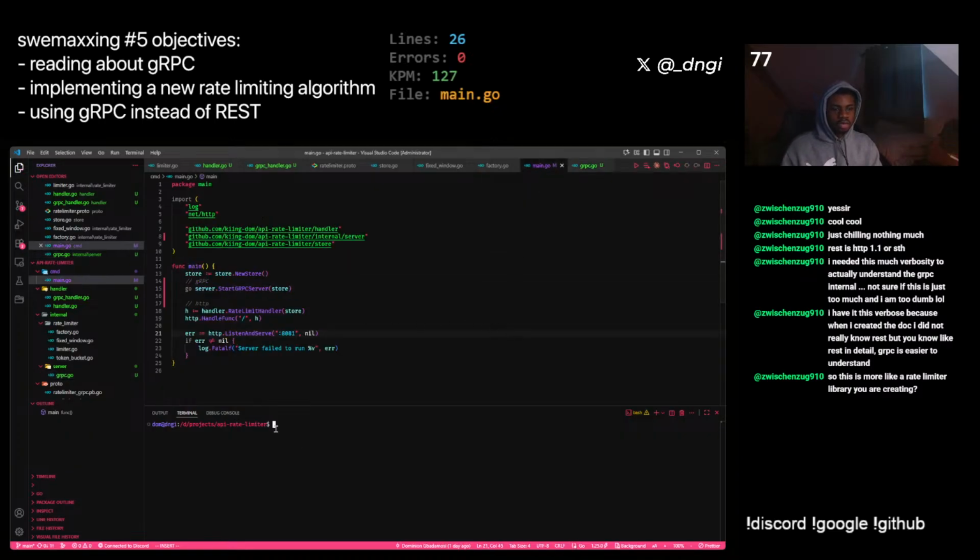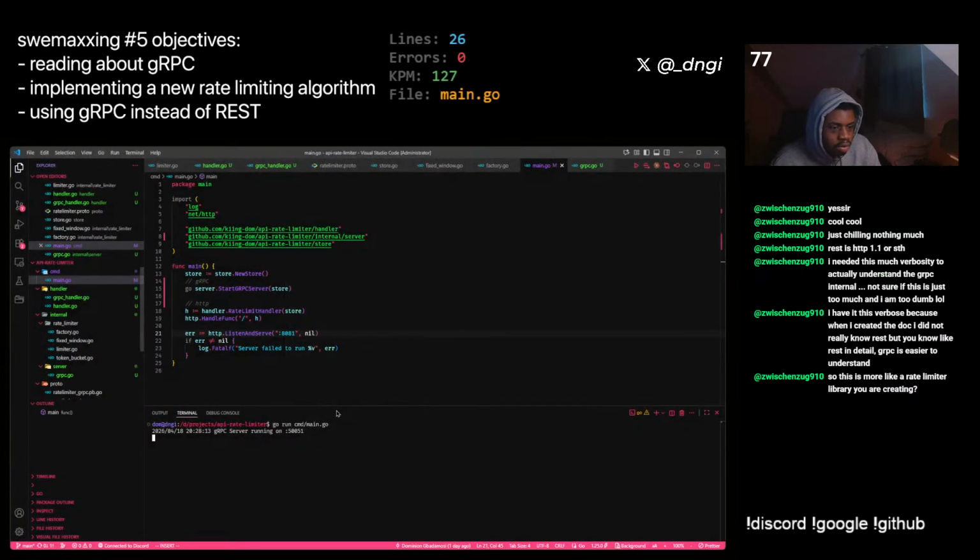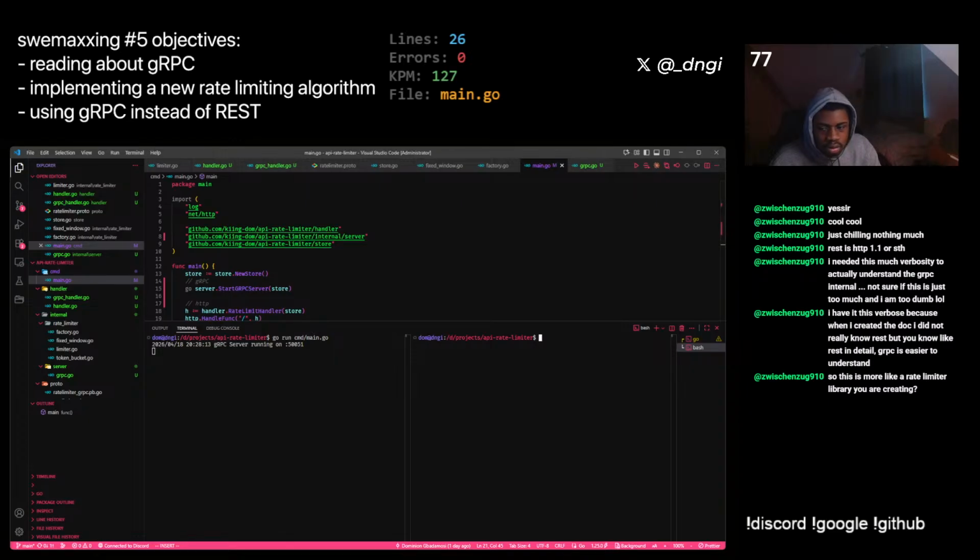Yes. So now if I run it, hopefully we run into some errors. I'm joking. Hopefully we don't run into any errors. So I can test it. Okay, server's running. And let's just test this on gRPC. It's meant to be like a sample